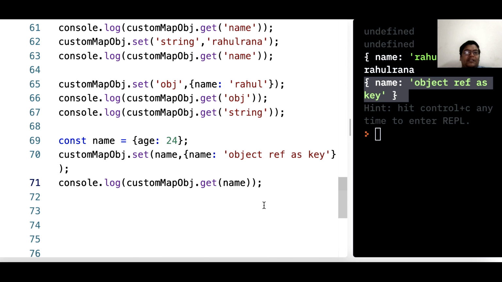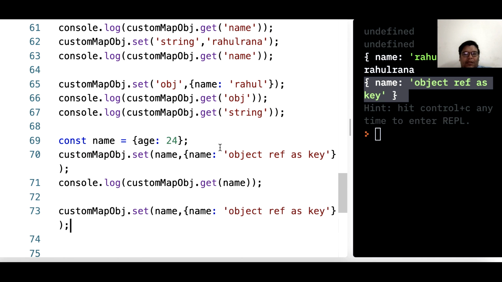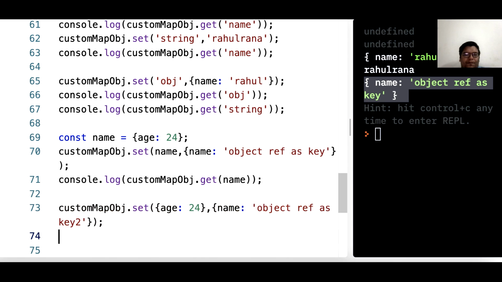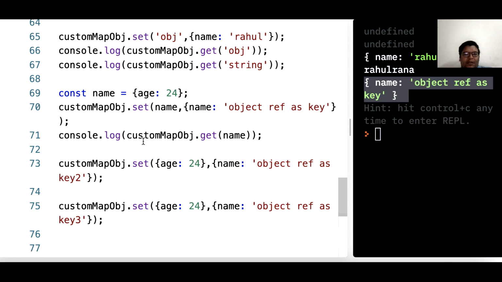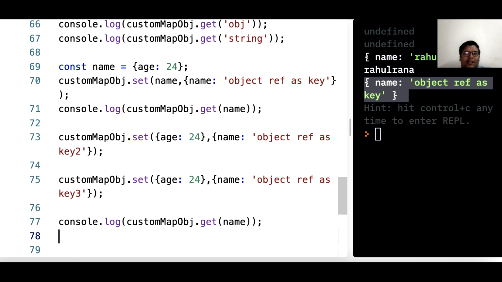Okay, now just to make it clear, I will tell you another interesting thing. Let's try to use the name object just to play around with it. Let's keep, say, party 2, and now let's say 3, and when we try to get it, if we try to pass it this one, can you tell me what should be the outcome?